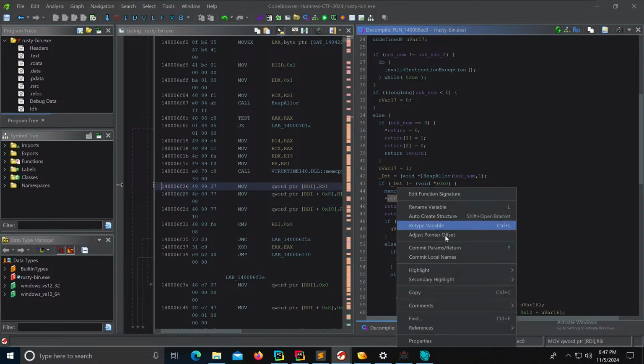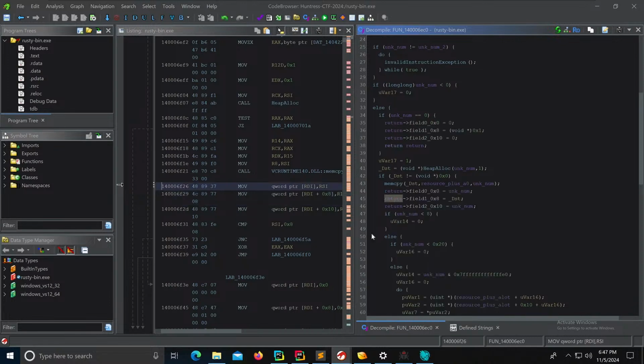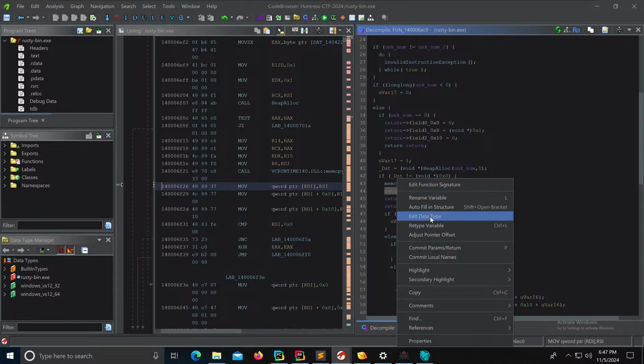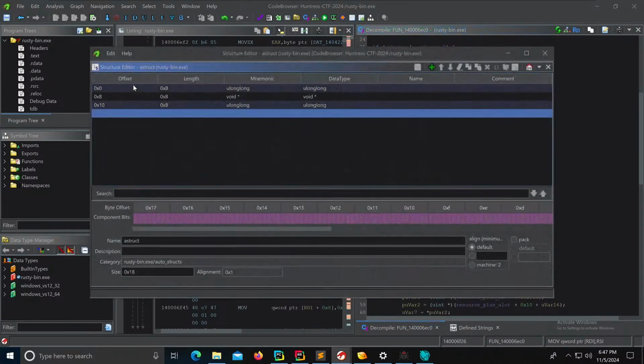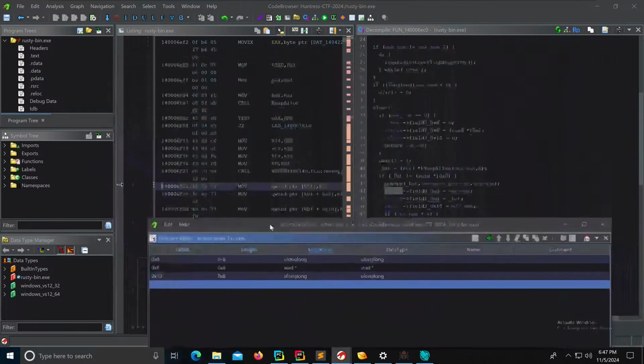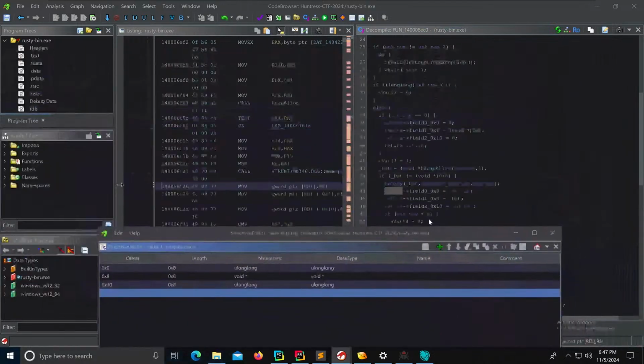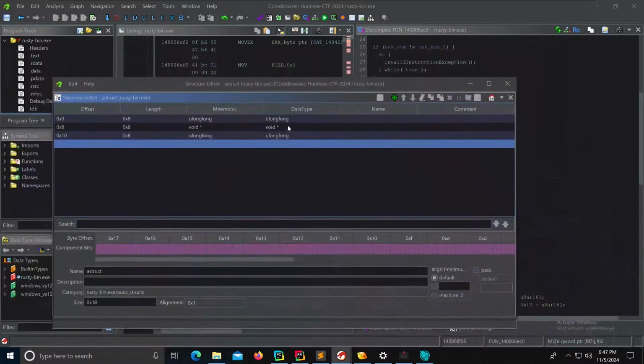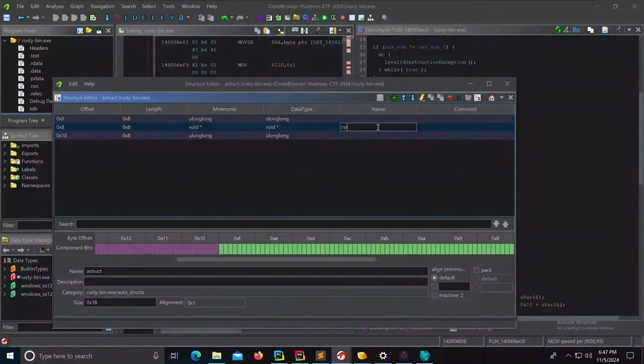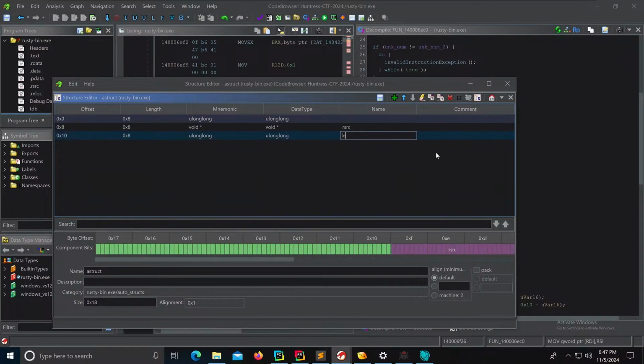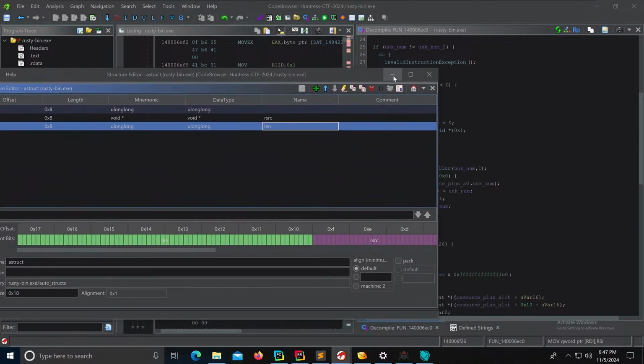But yeah, so right-click and auto-create structure. And this will actually create a structure. If you right-click, edit data type, you have this little structure viewer, and you can name these fields. Right now they're field 0x0 and so on. But you could name this resource, and you could name this length. The length thing I just kind of deduced because